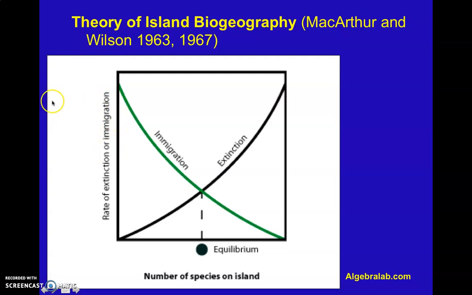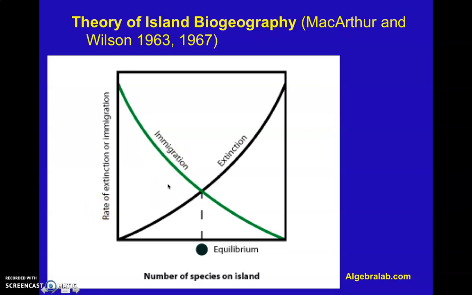As more species build up on the island, of course, we're going to be moving in this direction, right? So that immigration rate is going to be high, but it's actually going to be moving things over here. When we get further along, now not only are there fewer species to immigrate to the island, because a lot of them are already there, right? The definition of immigration, by the way, is a new species arriving that wasn't previously established on the island. The other thing, of course, is that there's competition going on, and it's harder for new species to get going